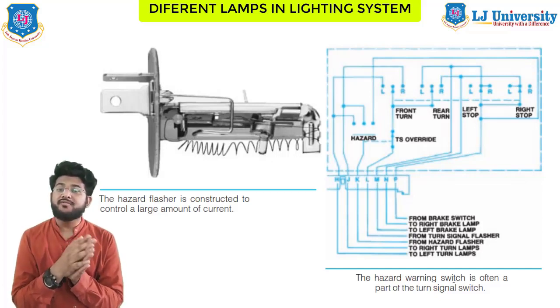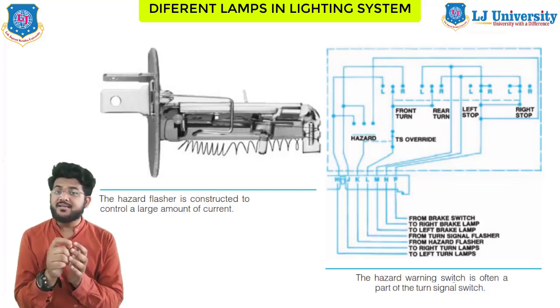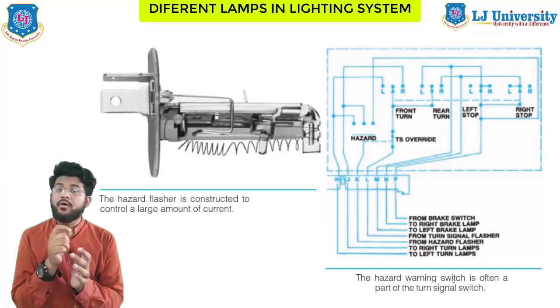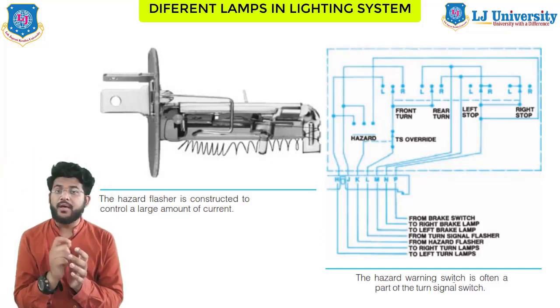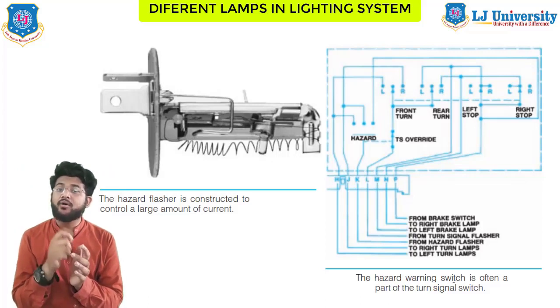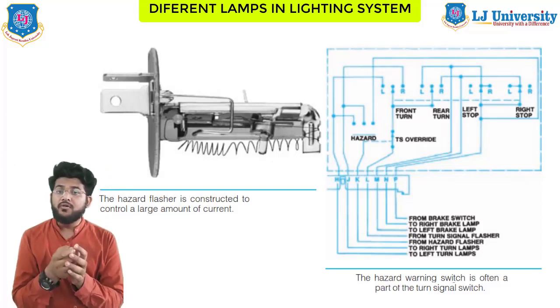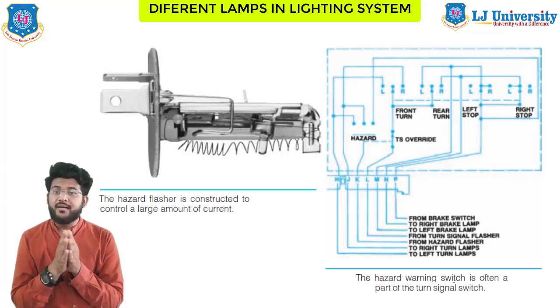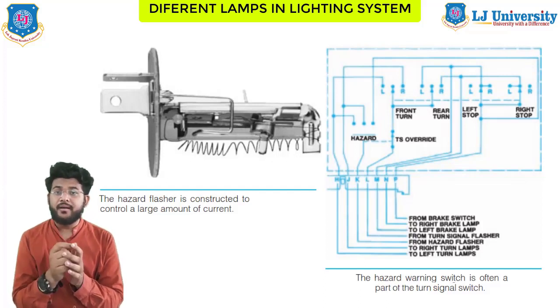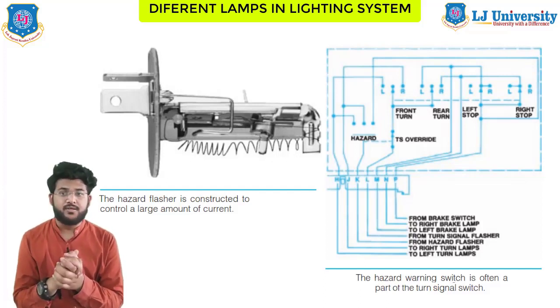When the hazard warning switch is closed, the current flows to the flasher. The high resistance of the coil does not allow enough current to light the lamp. However, the coil heats up and causes the bimetallic strip to close the contact. Now the contacts form the parallel circuit branch and conduct current to the lamps, so the decreased current flow through the coil allows it to cool and the bimetallic strip opens the contact again. This cycle repeats about 30 times per minute, which creates the flashing of the signals.